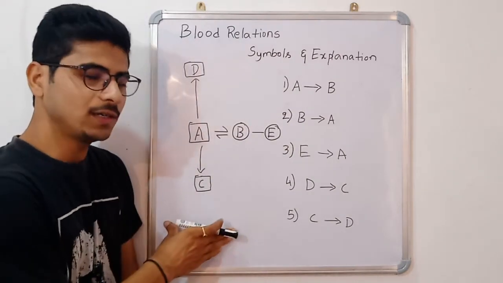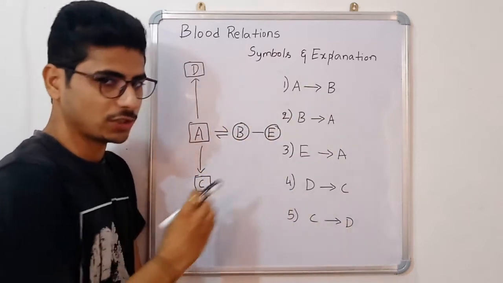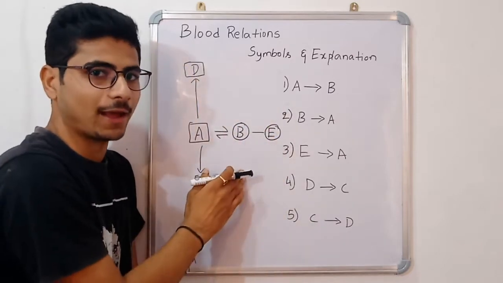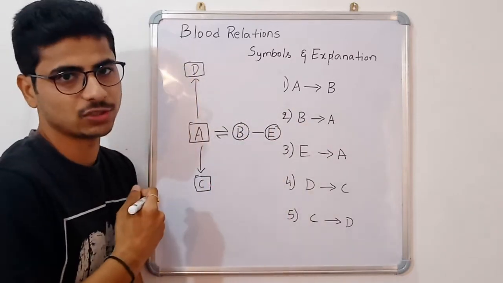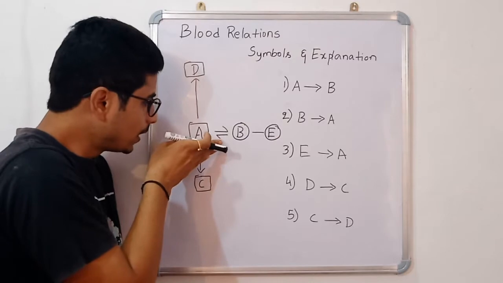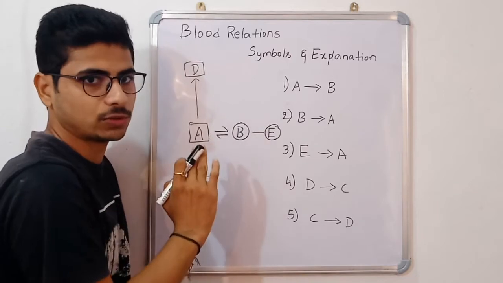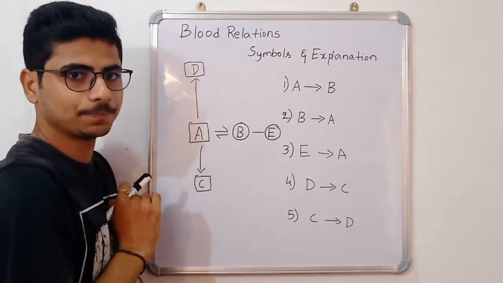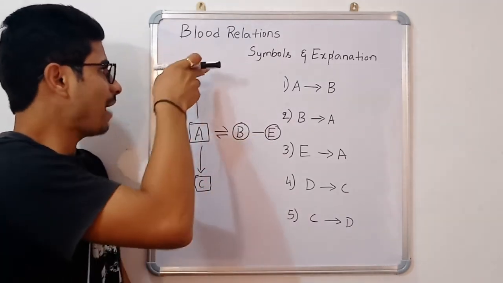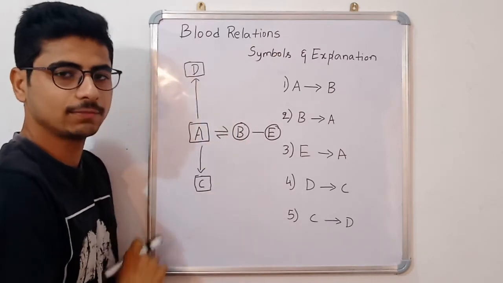So this is the family tree diagram, and from seeing this family tree we need to answer these questions. Before answering these questions we need to analyze this family tree diagram, and after that we will be solving those questions. Here we have a square and a circle, right? In between them we have two arrows, a top arrow and a sideways arrow. So this A and B are married, and B has a sister who is E, and A has a father who is D, and A and B have a child who is C, right?